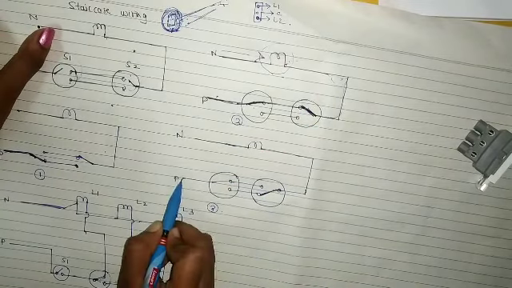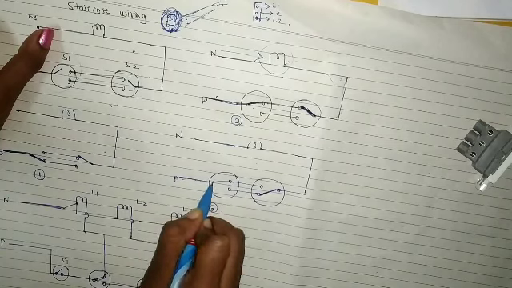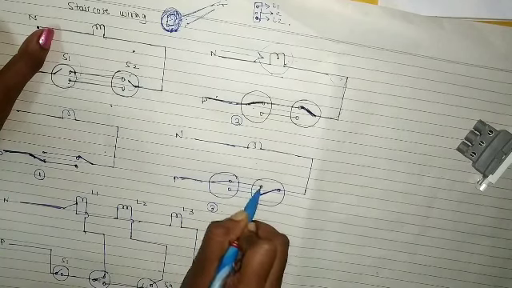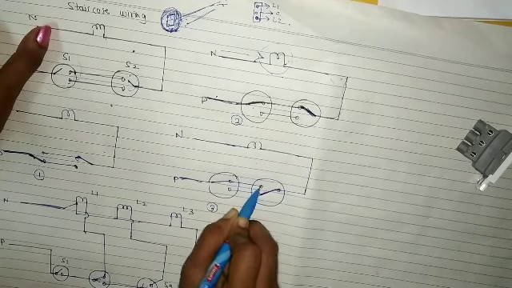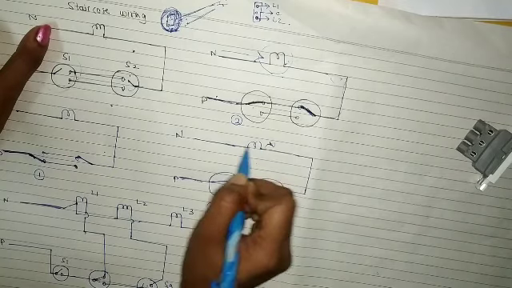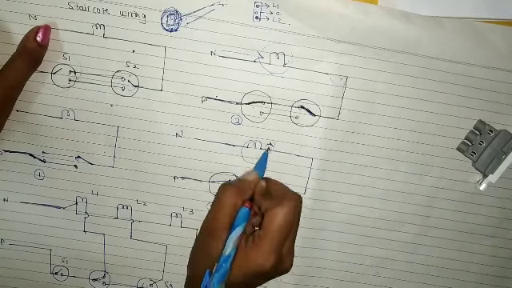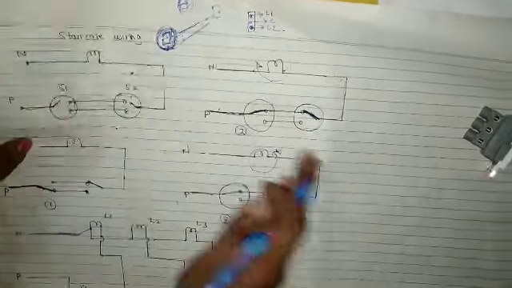So now this is the phase. Now the current will come from here, it will go here, it will come here. Now will it go forward? No. Why? Because our circuit is an open circuit. So current will not go forward. So here no phase is coming. So our bulb will not glow. I hope you have understood the staircase wiring.